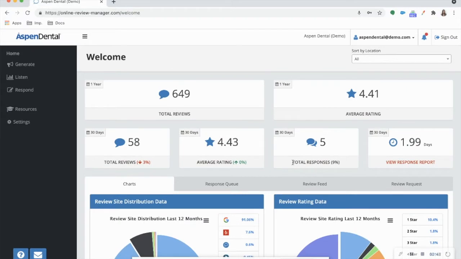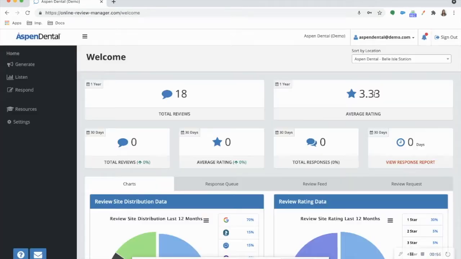One thing to note is that you can manage locations on a corporate level and see these metrics for all of your locations, or you can bring it down to the location level to look at metrics for a specific location. If desired, each location can also have their own unique login credentials so that specific location managers can have